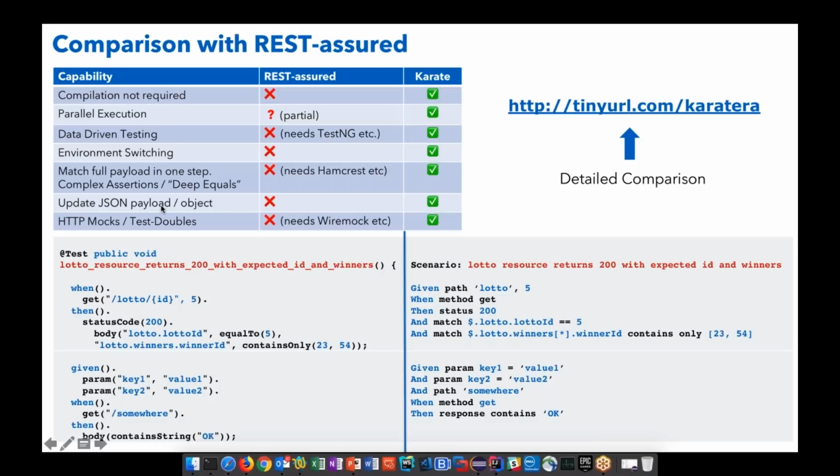And we'll talk more about the test doubles. For example, a lot of teams use Rest Assured in conjunction with WireMock. Karate now has this capability where it actually replaces WireMock, which is very interesting, and I'll talk about that more in a moment. Of course, the bottom of the slide has a side-by-side comparison,